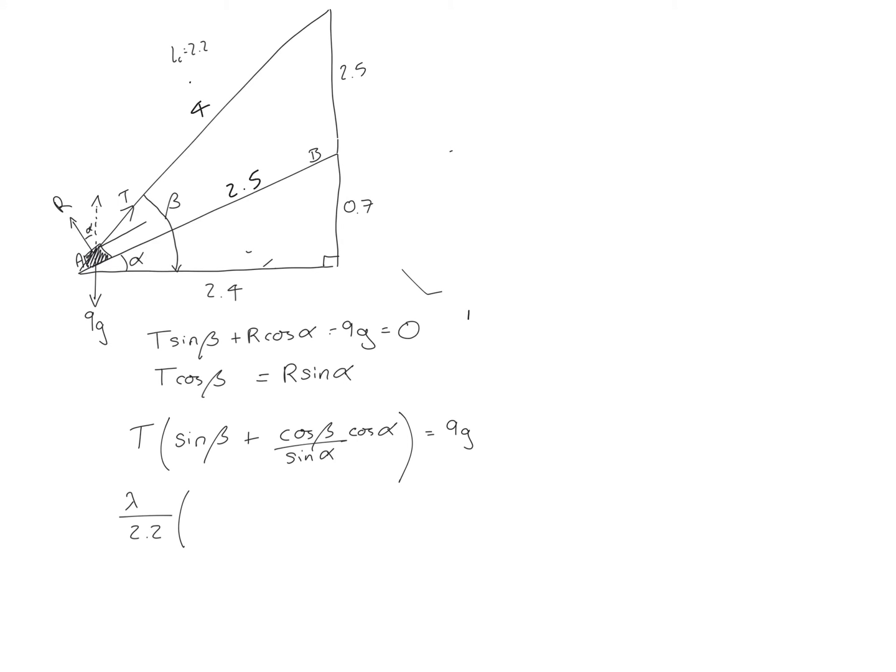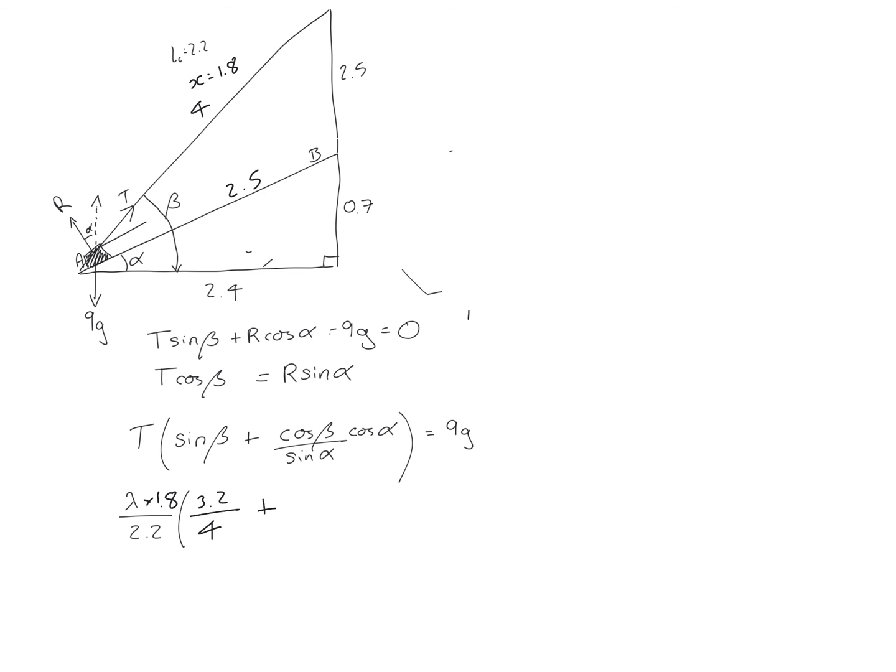So the extension of there is 1.8. So let's times 1.8 in here. So now we can do sine beta. Sine beta is the opposite, which is 3.2, over the hypotenuse, which is 4,